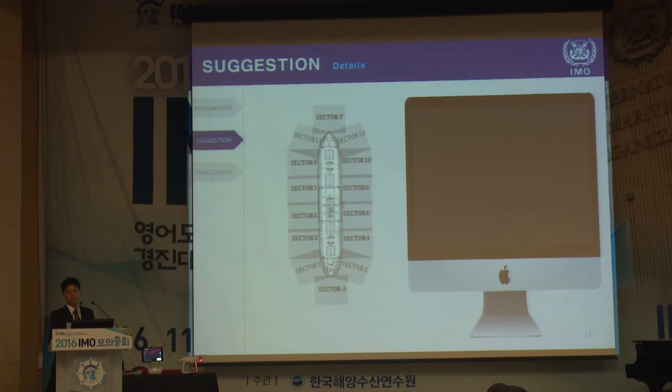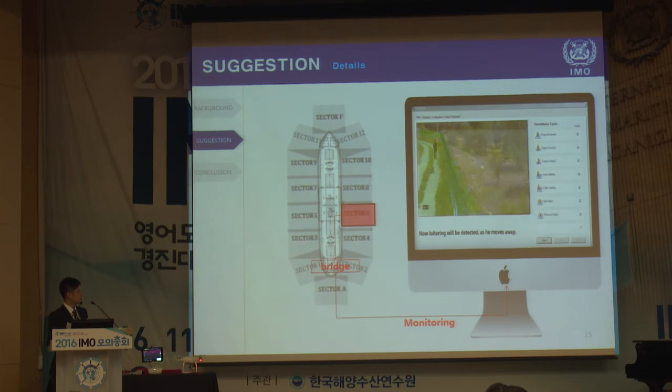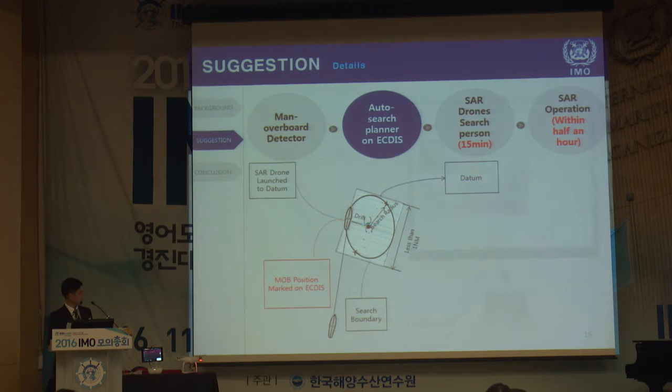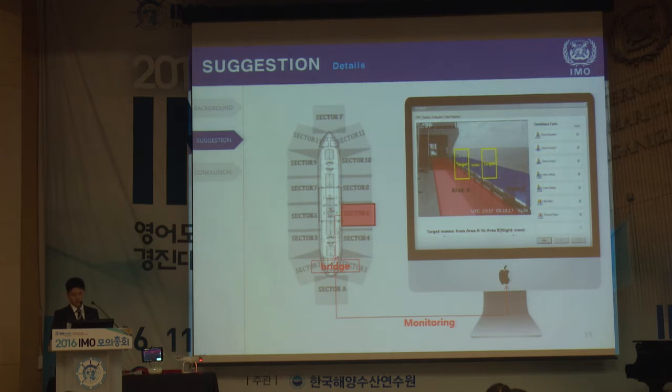Virtually, we apply a man-overboard detection system to vessels. If a man overboard happens on Sector 6, it goes to the bridge, and we can monitor it in day mode and night mode. We use the Bosch Moradinian iPhone 9000 HD camera and a pulse speed camera.